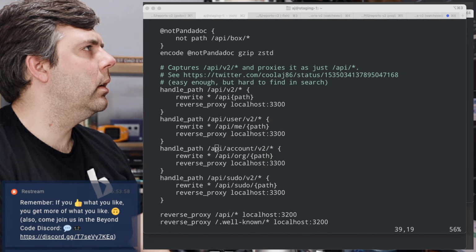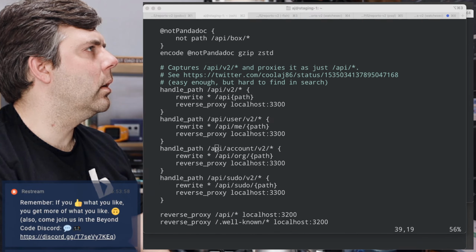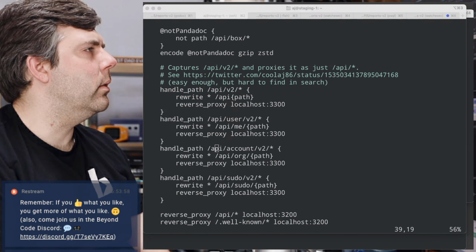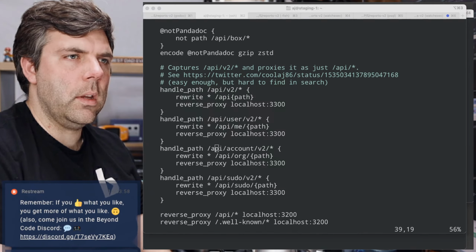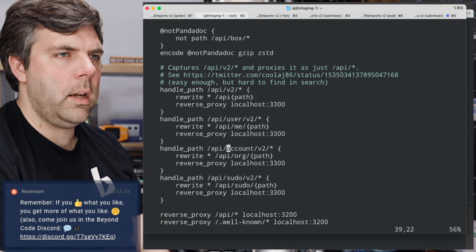Okay, there's a user. And where's account? Might have just put the wrong thing. Account versus accounts. Yeah, it is account. That's right. Okay, that's what I thought. API account v2, API org, whatever.